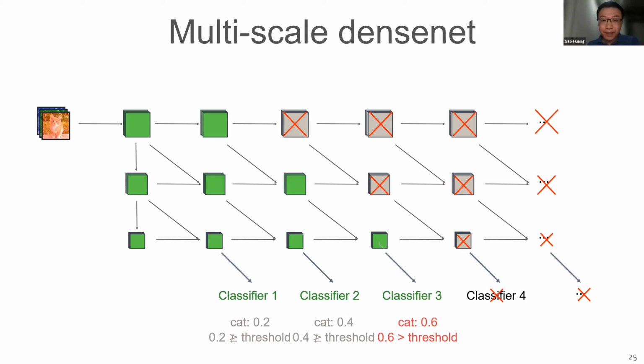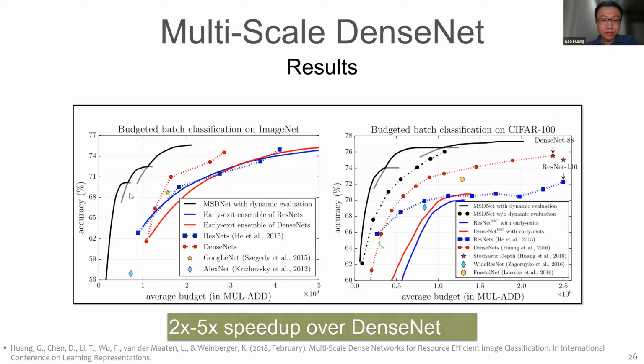So by tuning this threshold, we can obtain a trade-off curve. That is the solid curve shown here. And we have three black curves because we trained three models. And actually this is an advantage of a dynamic network